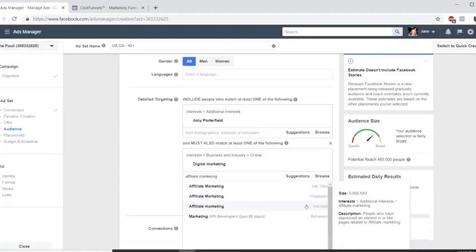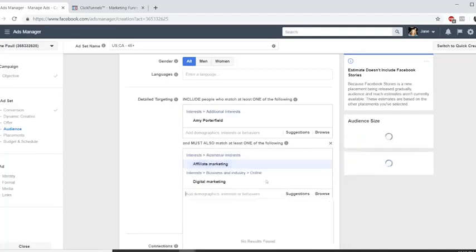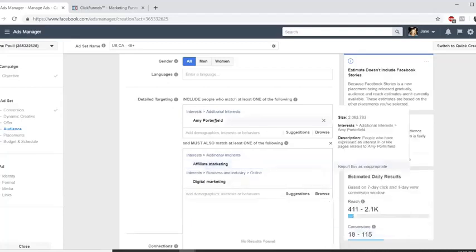But I'm okay using that because we're now getting really detailed. We're saying affiliate, Amy Porterfield is our first umbrella. Underneath her umbrella, I don't want all 2.2